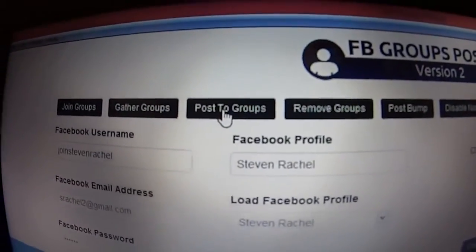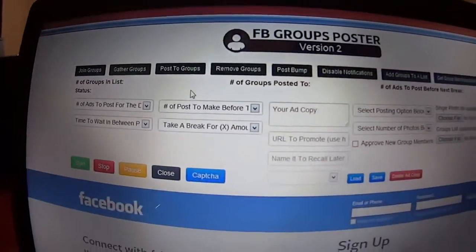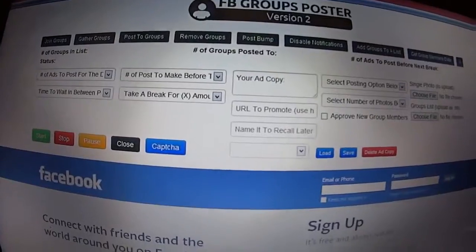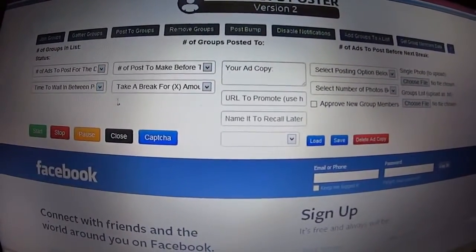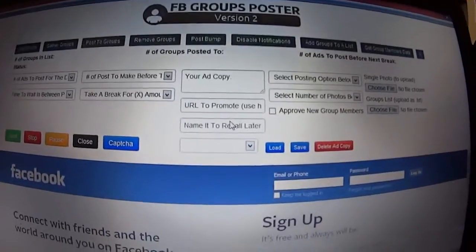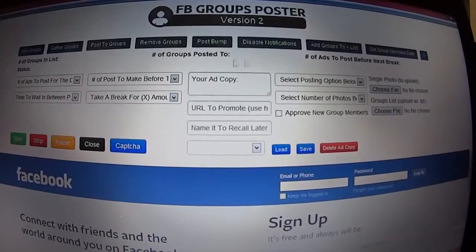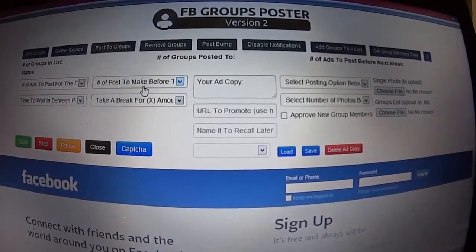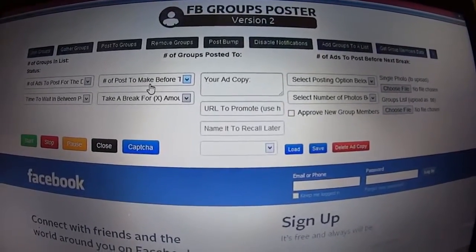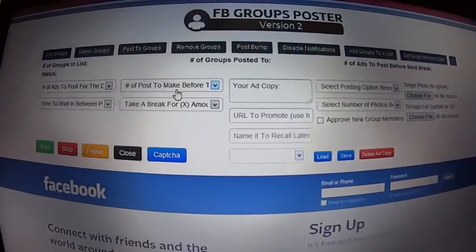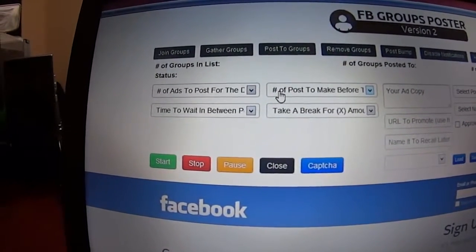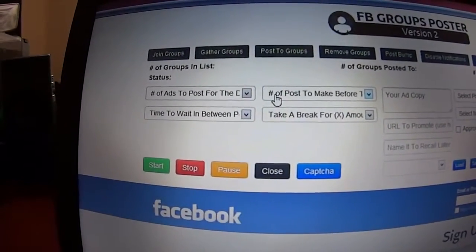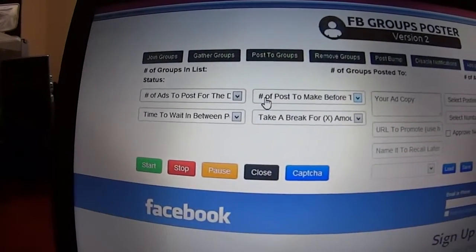So when I click on that, it's going to bring up the criteria that you need to put in to let the system, FB Groups Poster, know what you want it to do. Okay, so it's going to ask you a series of questions that can, one, keep you from going into Facebook jail or getting your account terminated because you're doing too much in terms of posting, and it's going to help